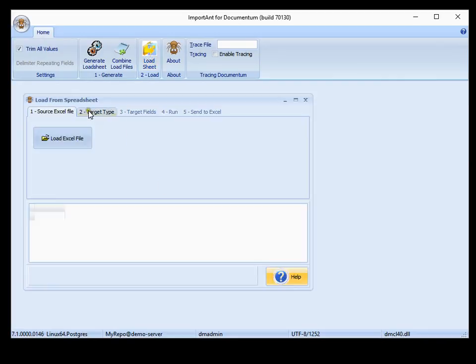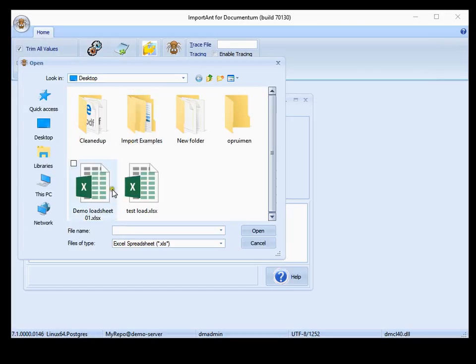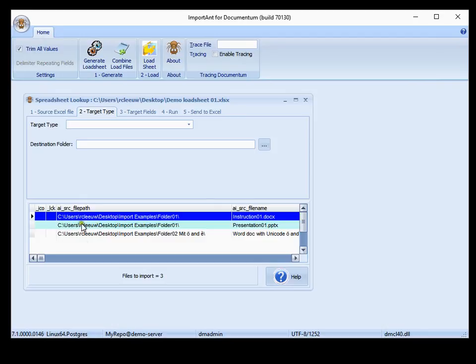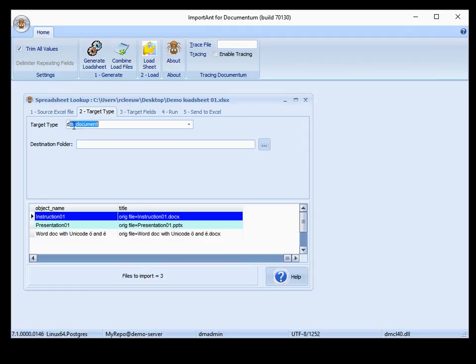Load sheet has some simple steps where you can just select the Excel file again, of course. So we had demo load sheet 01 created. You will get a preview when it loads it underneath, so you can also scroll through the attributes here to see what's in there. You can select the target document type, which in the development docbase is DM document,